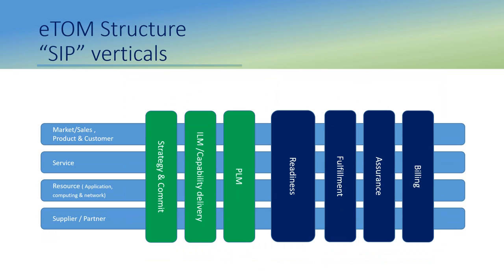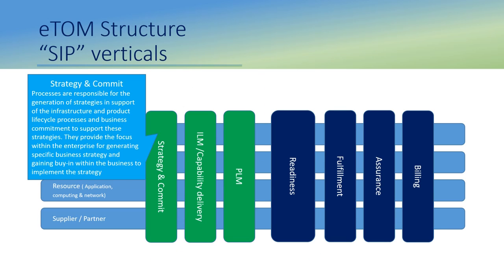Now let's look at SIP verticals in more detail. Strategy and commit processes are responsible for the generation of strategies in support of the infra and product lifecycle processes, and business commitment to support these strategies. They provide the focus within the enterprise for generating specific business strategy and gaining buy-in within the business to implement